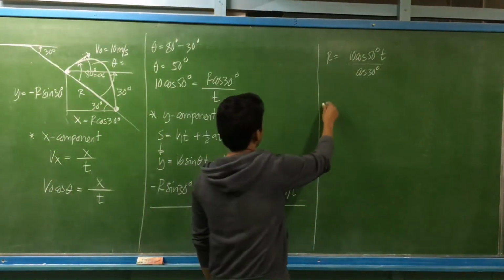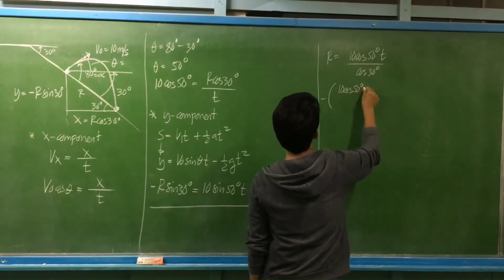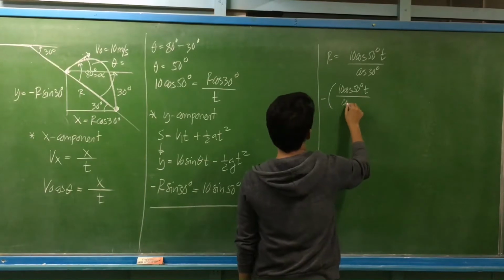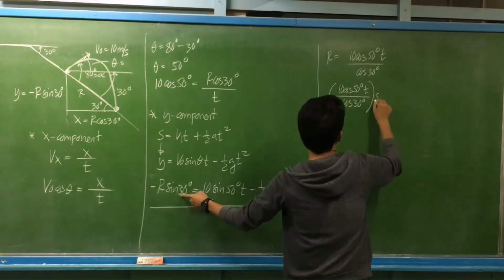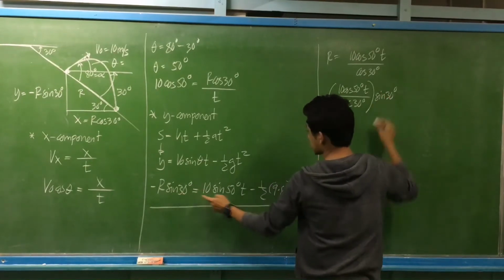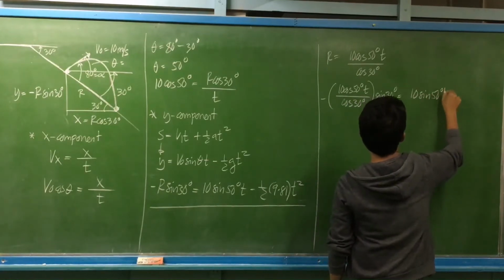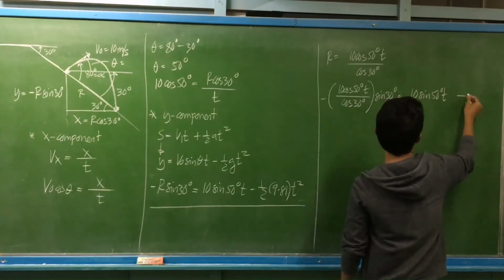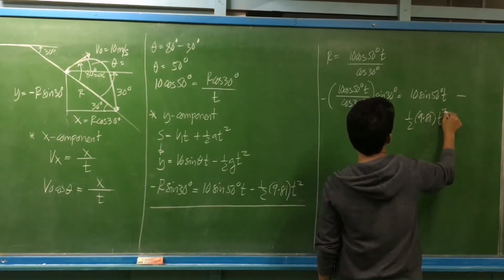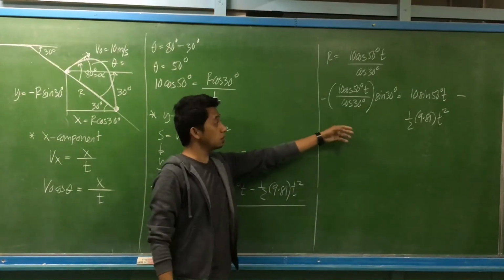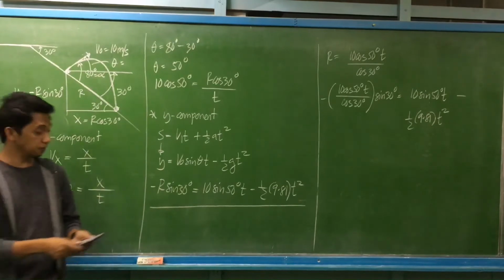So that is, we have negative, what is the value of r? 10 cosine of 50 degrees times the time, divided by cosine of 30 degrees, times sine of 30 degrees, is equal to 10 sine of 50 degrees times the time, then minus 1/2 of 9.81 times the time squared. As you can see, in this equation, we have a single unknown, that is the time. So computing for that value,